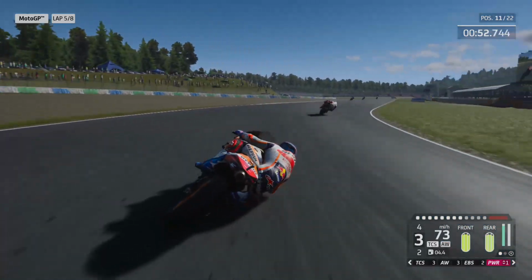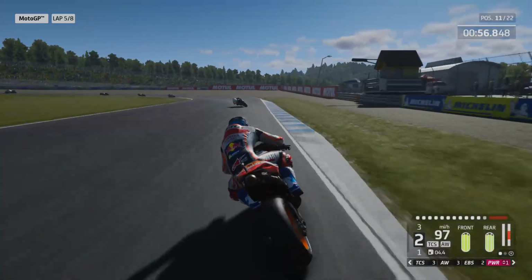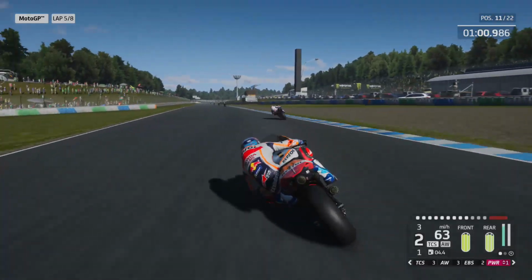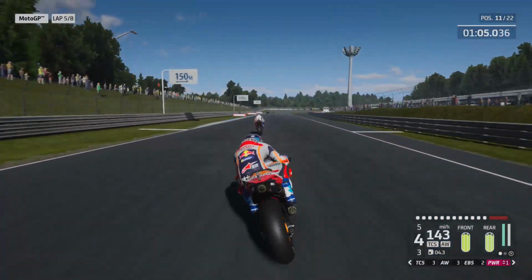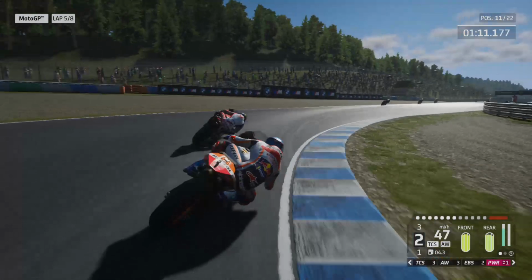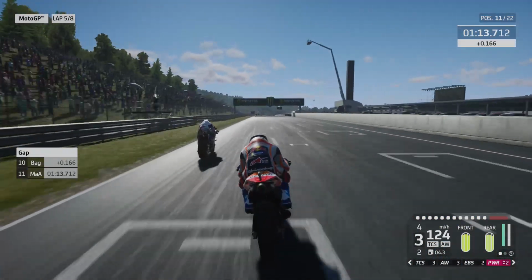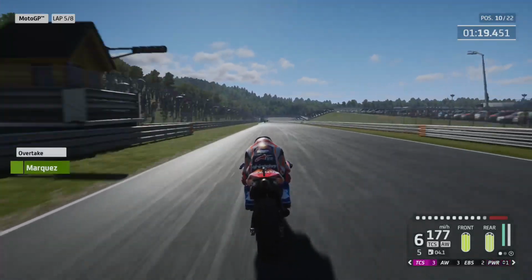So according to our fuel estimations, we do have a spare lap of fuel to use if we need it, which could come in handy once we make our way past the Ducati. Bagnaia are actually very slow going into this hairpin corner. He seemed to be not running very fast at all. He potentially could be in a fuel saving mode, and we run down the back straight,